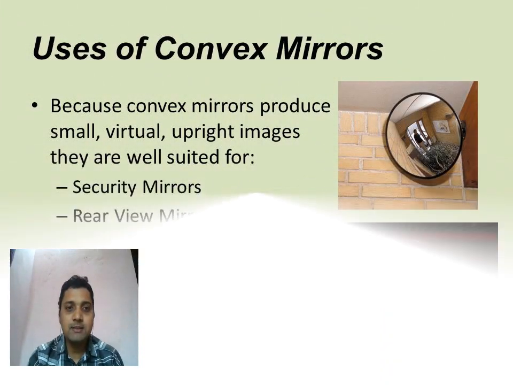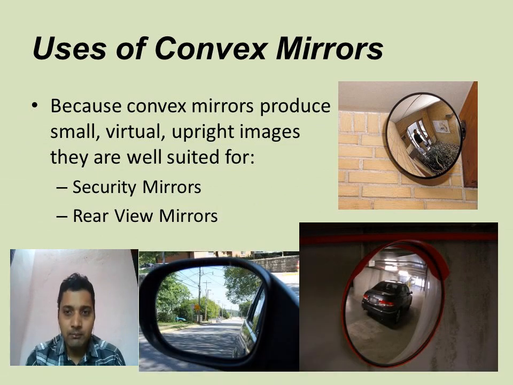We'll come to the convex mirror. In case of a convex mirror, you can see it is used as a rear view mirror. Means the objects which are at the back we are able to see in front, or to know which object is coming behind, we are using this rear view mirror. This mirror is used mainly to see a larger area. This mirror is used to reflect the light to a larger area, diverging purpose, street light type, diverging. And in the rear view mirror, the main objective here is to see the vehicle coming behind.